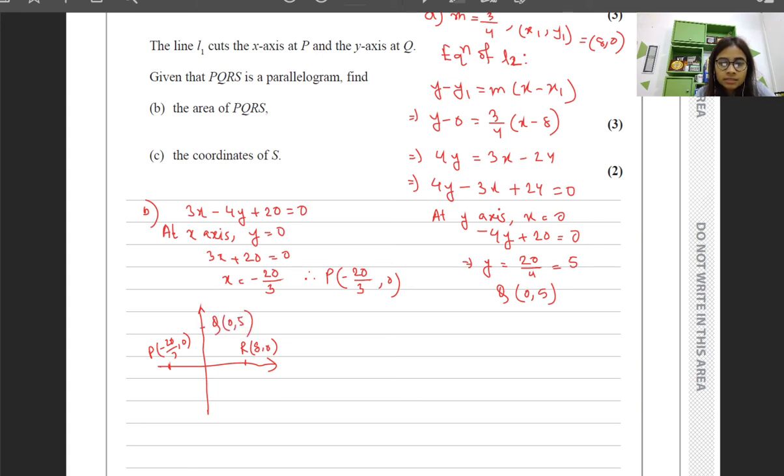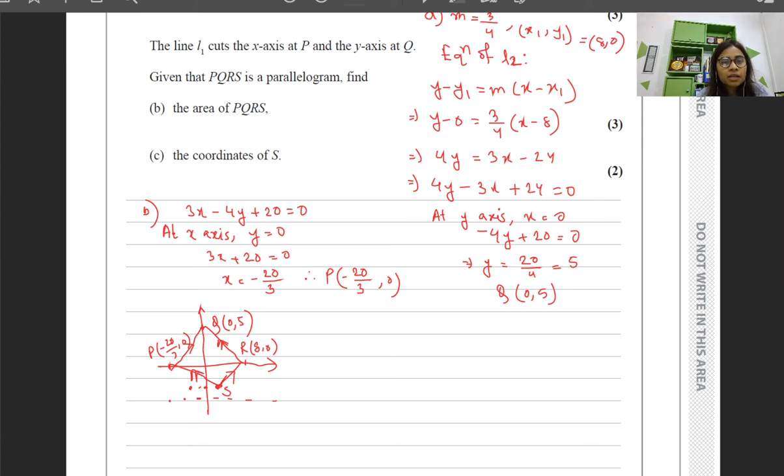Then S is expected to be somewhere over here, in a way that it's a parallelogram, so that this side is parallel to this side and this side is parallel to this side. We don't know the exact location of S, but for the time being we can see that